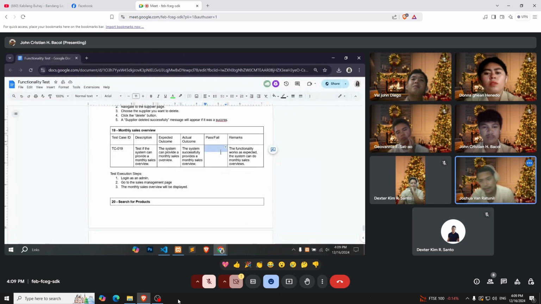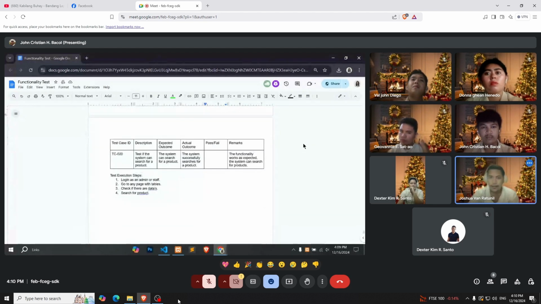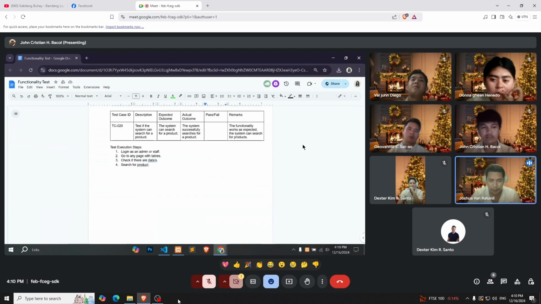So it passed. Remarks: the functionality works as expected. The system can do monthly sales overview. Last scenario, search for products. Description: test if the system can search for a product. Expected outcome: the system can search for a product.